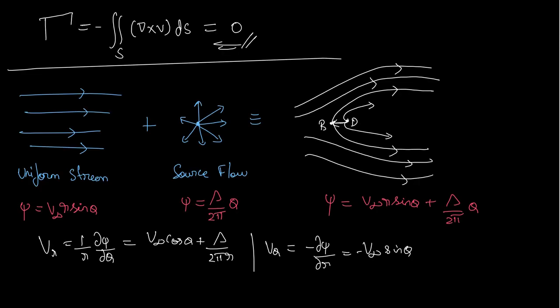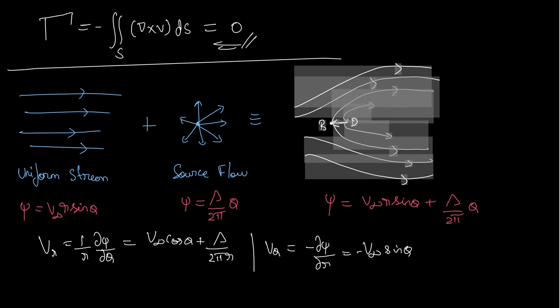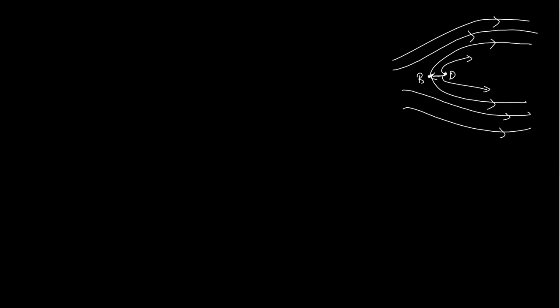So we'll look at one more thing. I'll get the figure here once again. We can see that there is this point B. This point B here is the stagnation point. That is the point where the entire velocity becomes zero, because the uniform flow is trying to push everything towards the right, and the left part of the source flow is trying to push everything towards the left. Because we are assuming them to be somewhat similar in strength, there will be a stagnation point at exactly the horizontal point where the velocity of the flow would be zero.